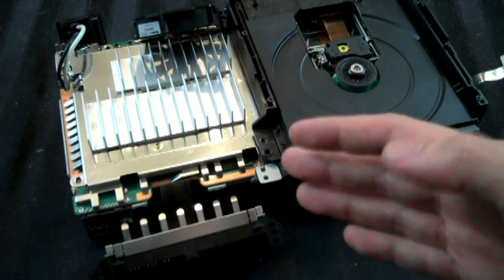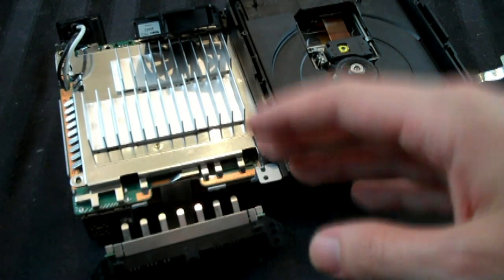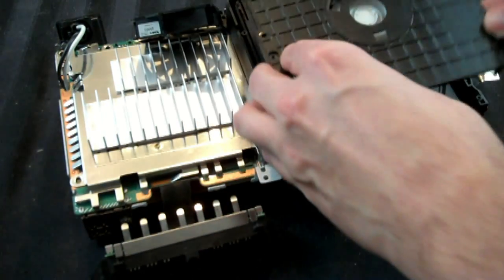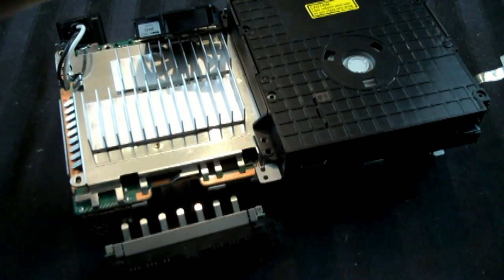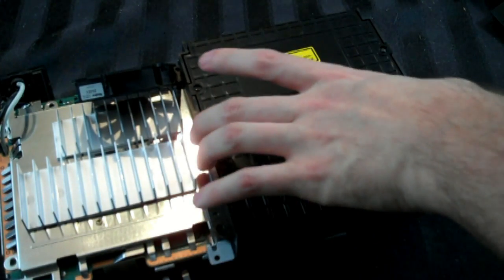Assuming all the plastic pieces that we've washed are completely dry, I mean no moisture at all, it is now time to put it back together. We're going to start with putting the laser assembly back together, and just take this little piece, and as you may recall, there are those four little black screws. Just go ahead and put those back into place. Once those are all tightly screwed in,